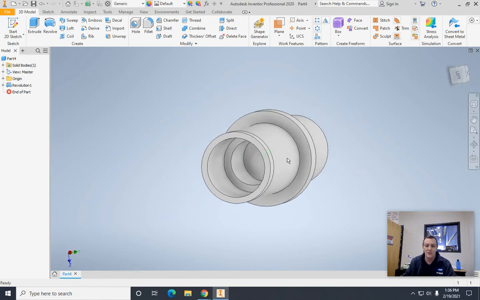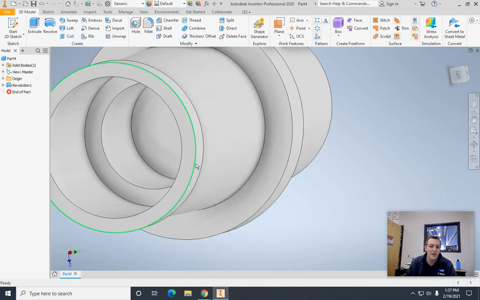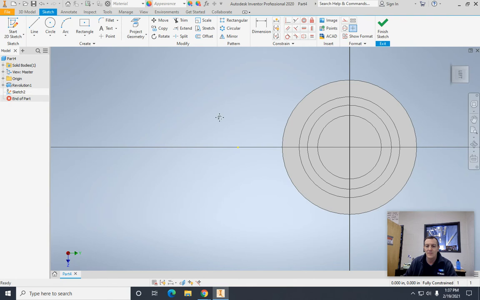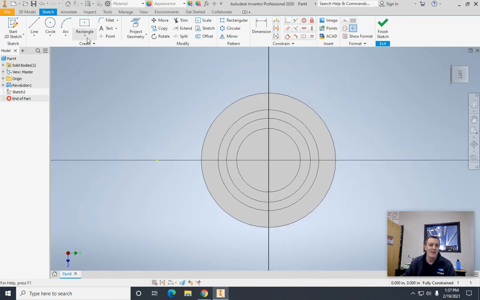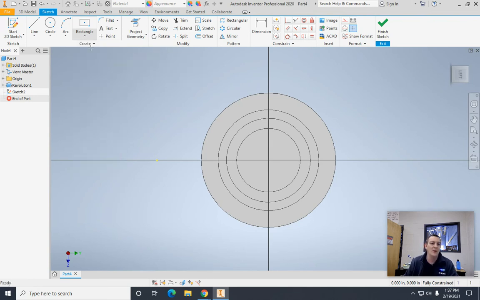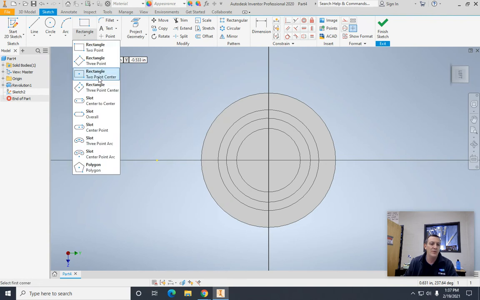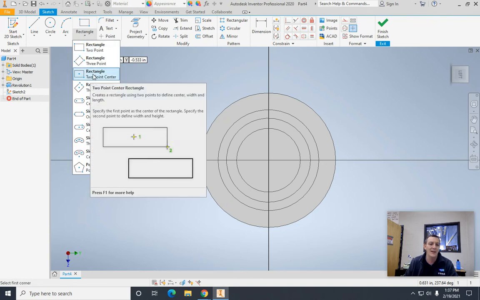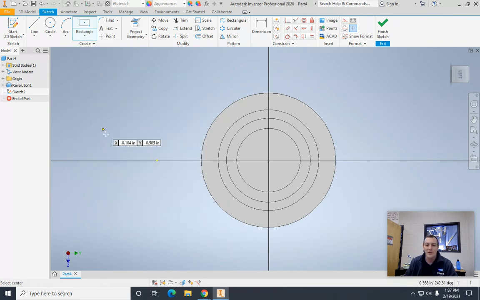And so we'll want to create a sketch right there. Sometimes it helps if you make it a little bit bigger. It's easier to choose. So you create a sketch right there. Click, and then create a sketch. Okay, and then you go up to rectangle, and you have different types of rectangles. This is the one we normally use, but you can choose this 2-point center rectangle. That's the one we want to use right now. And so we'll click at the center right there,